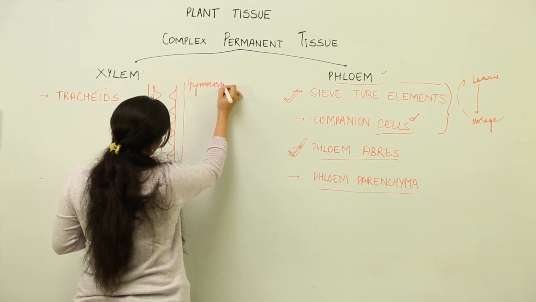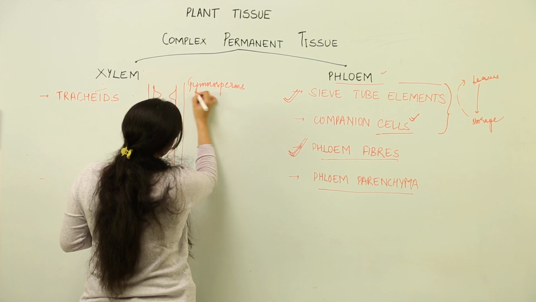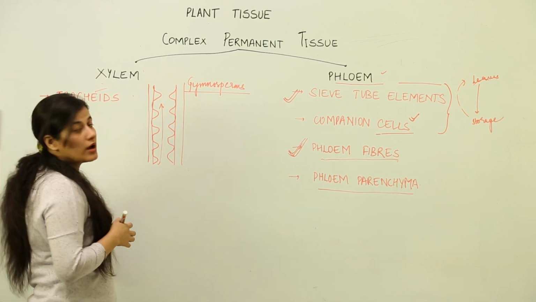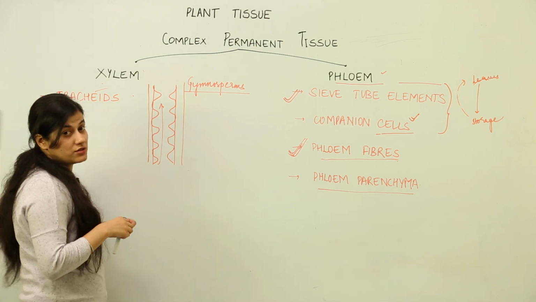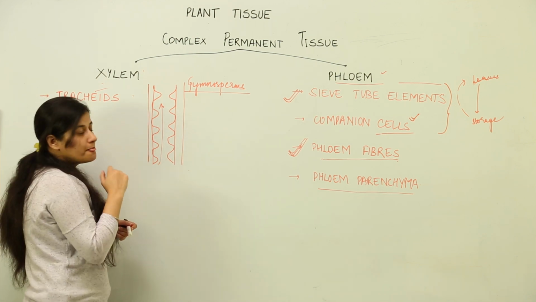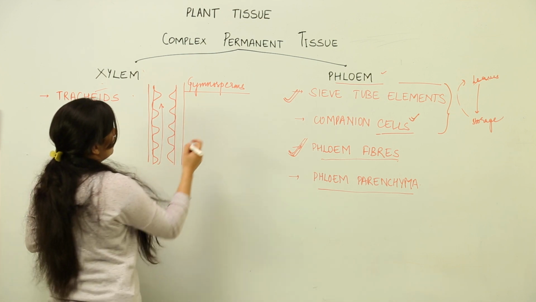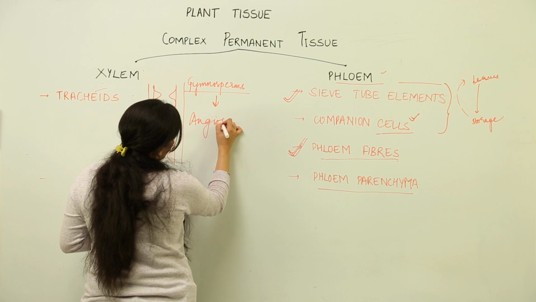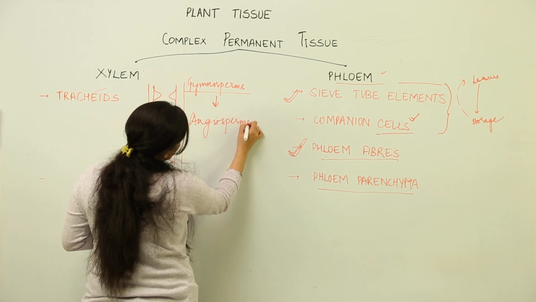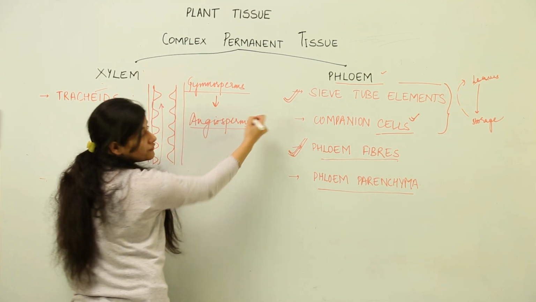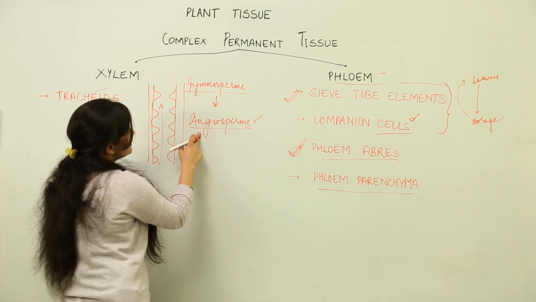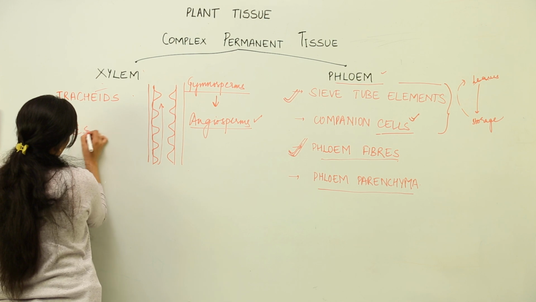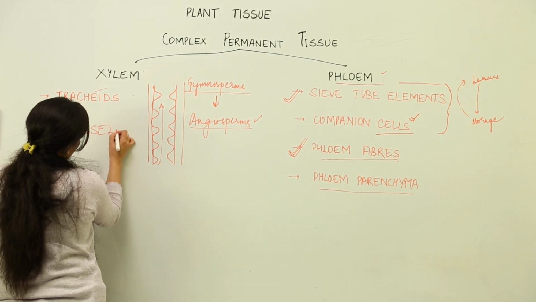You know what are gymnosperms? They are the plants which you usually find on your trek to some mountain, the Himalayas. You might have seen pines and all. They are gymnosperms. Now we have a better evolved classification, that is angiosperms. That means angiosperms are the topmost advanced plant types that we have around us. The flowering plants. These plants have tracheids as well as the second type of xylem cells, which are known as